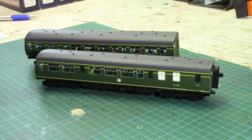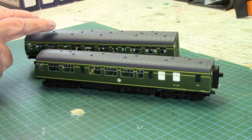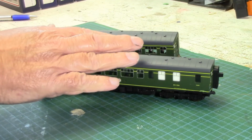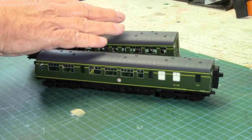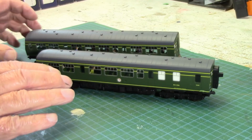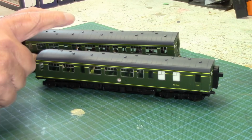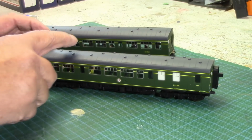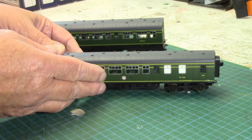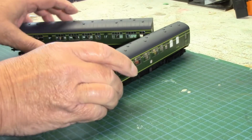Finally, on my bench, let me show you this project that I've been working on for a couple of months now, off and on of course. It's a conversion of the two-car DMU, and what I've done is fit a decoder in both cars. This one I've only just started, this one is completely finished, and it works amazingly. So what I've done is I've got the interior lights in it, but I've also got full operating lights in here. If I can turn that round,